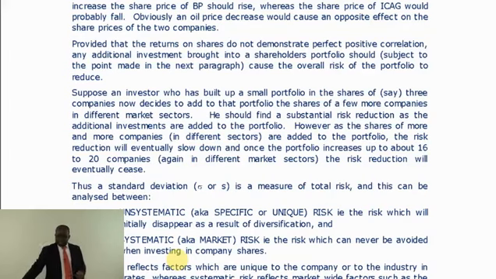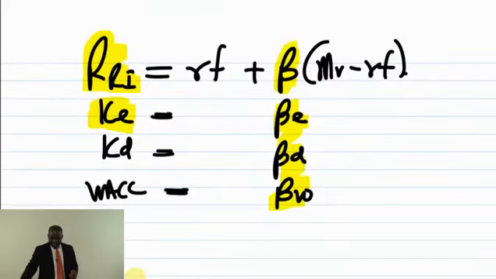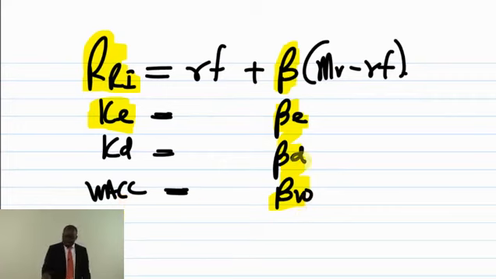Okay, we're going to see the beta very soon, don't worry. So the third beta is the weighted average. What I meant is whatever beta that you put in. So if I want WACC and I've been given the weighted average beta, I should get WACC. If I want cost of debt, beta of debt will be given. Okay, so the beta is what I'm heading towards.